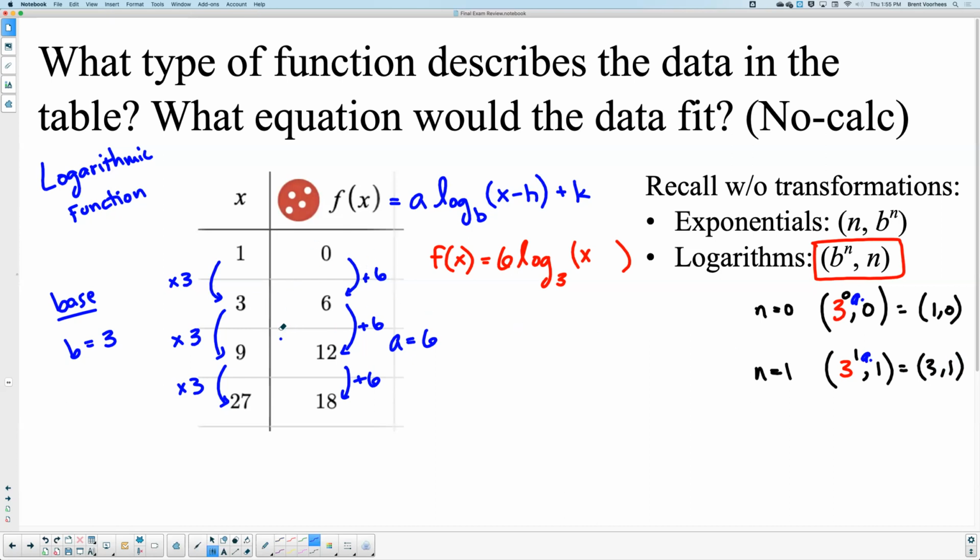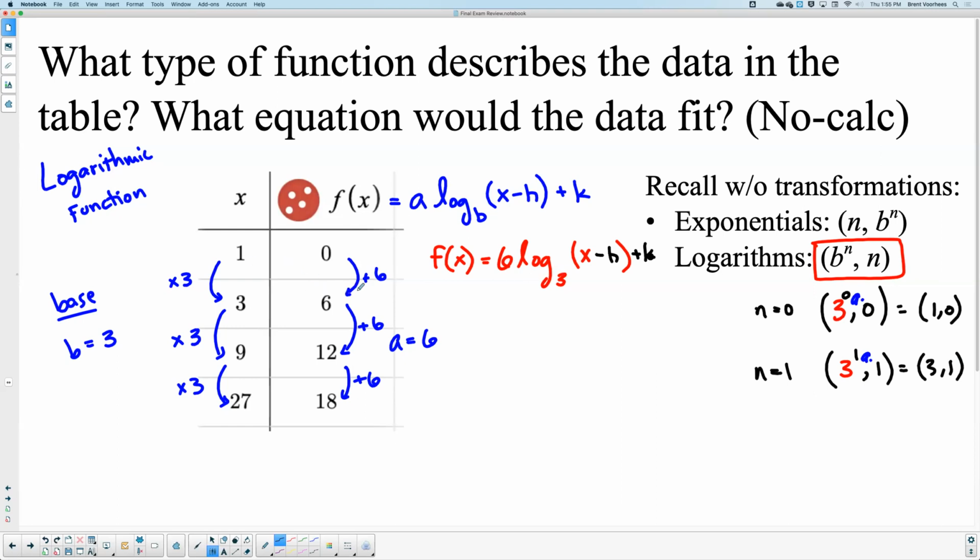This is right. Another way you could do this is just by plugging in a number over here and checking. So for example, I'm going to put a minus h plus k here. You could plug in numbers and start seeing if it works. If I plug in a 1, basically you're saying 3,